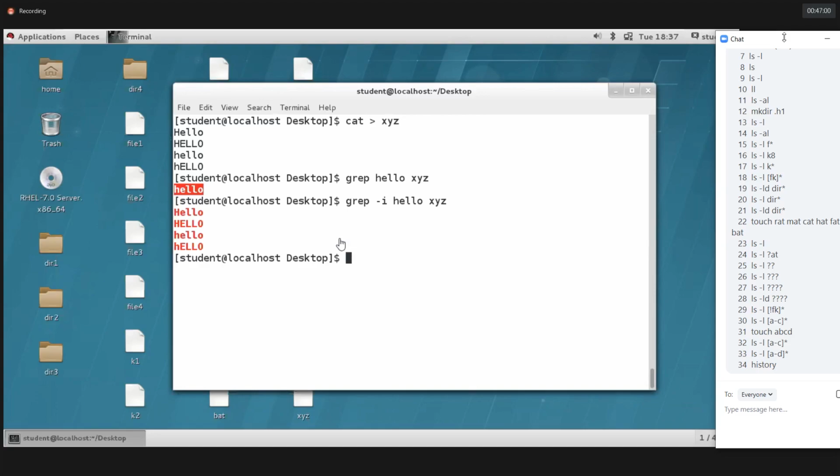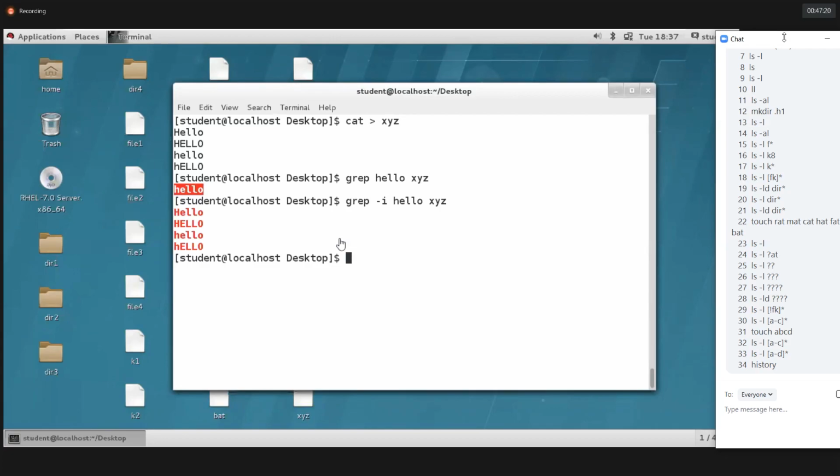Clear? grep stands for global regular expression print. You can use the options according to your requirements. If you use v, what will happen?